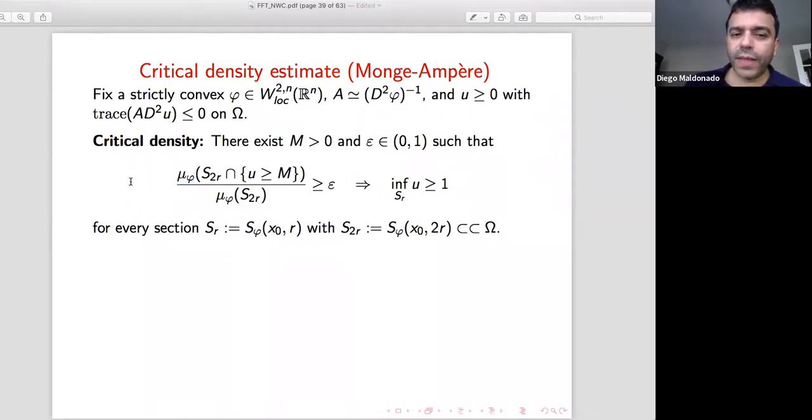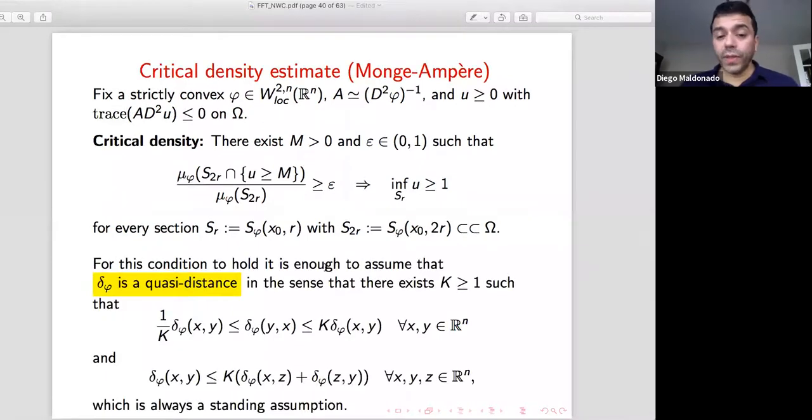I would like to have this happen, and for every sub-solution, for a non-negative super solution like this, right? I want this to happen. And as it turns out, this happens, right? And one can prove that this critical density property happens when the delta phi that we define